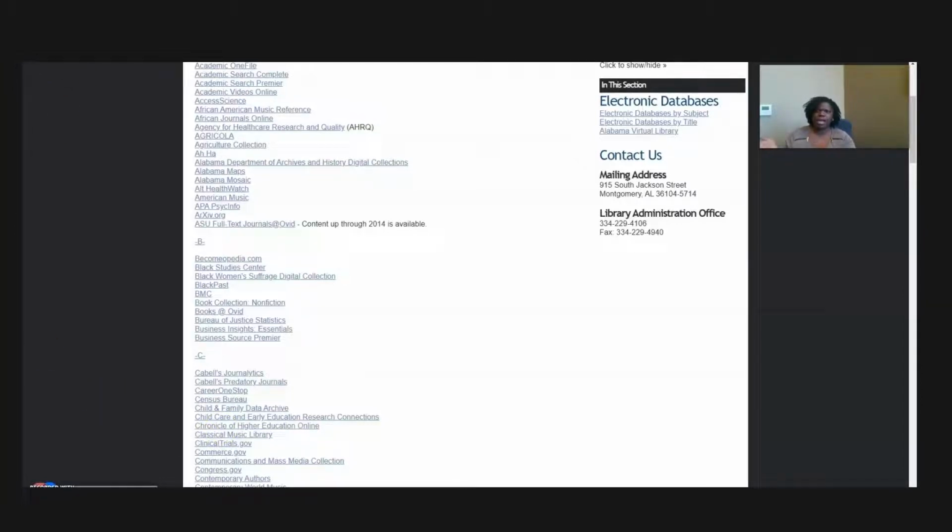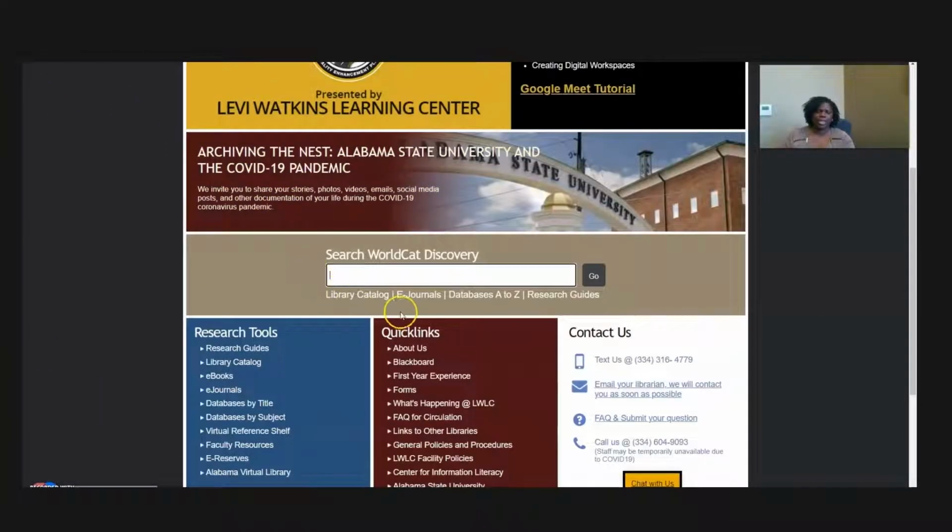Before we go back here, I want to show you the other way to get to Cabell's Journalytics. Sometimes the school's website goes down, and if we're over the break, I don't want you to say, oh my goodness, I can't get to this resource. I still need to figure out how to get to it. So if the school's website is down at any time, I still want you to be able to do your research, or still figure out which journals may work for you. So you can go to